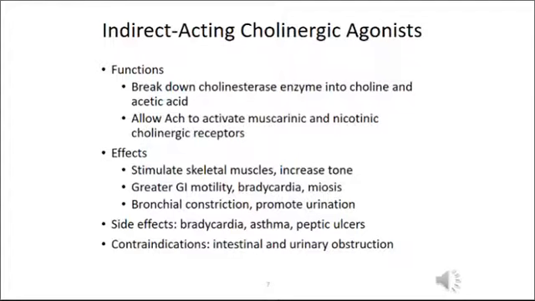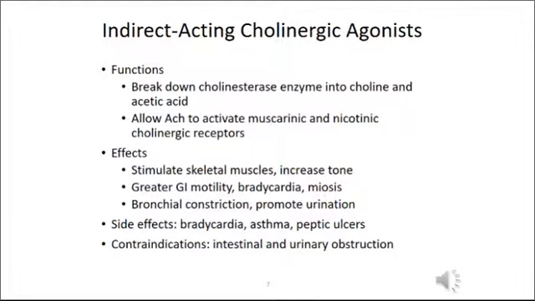Indirect acting means it doesn't act on one specific place. You see the functions here: to break down the cholinesterase enzyme and to allow acetylcholine to activate the muscarinic and nicotinic cholinergic receptors. That's why it's considered indirect, because it works on more than one of the receptor sites for the cholinergic or parasympathetic system. And it stimulates the skeletal muscle, increasing tone. Again, those restrictions are because of the effects it has. If you look back at your picture,